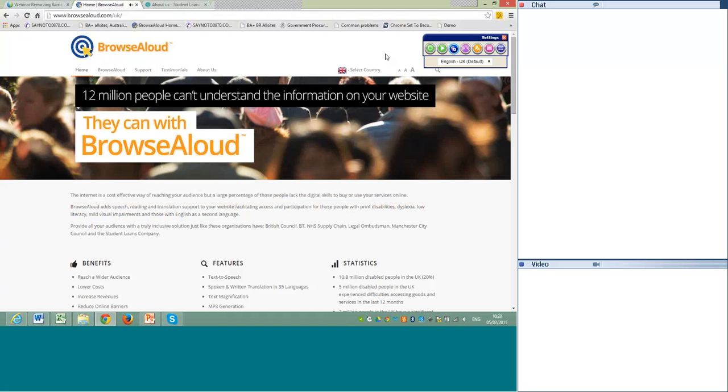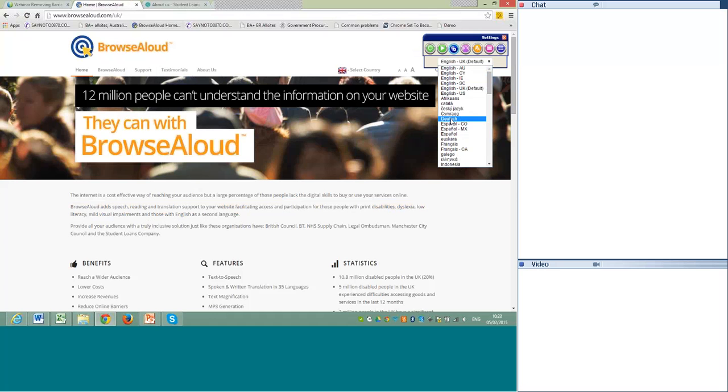I mentioned the translation, and translation is a very, very important feature which our customers actually are very keen to use. And we have more than 7,000 websites around the world using this. So simply, I have a drop-down menu, and I can pick the language that I would like to listen to.